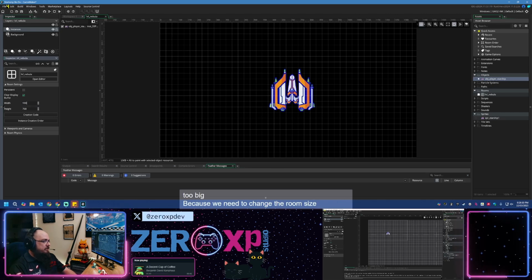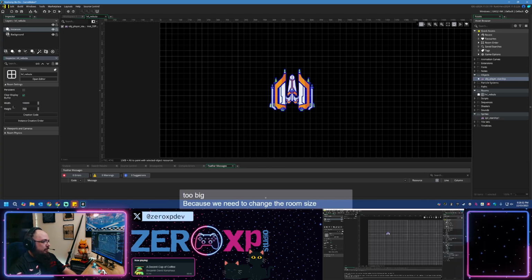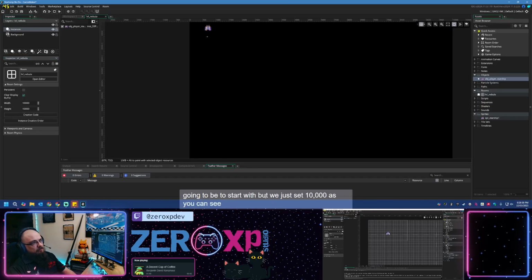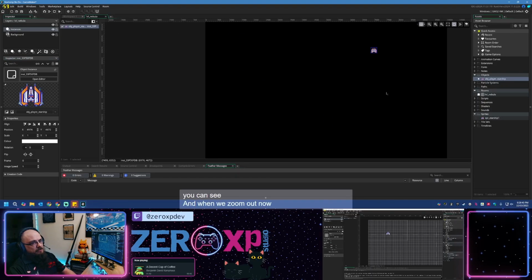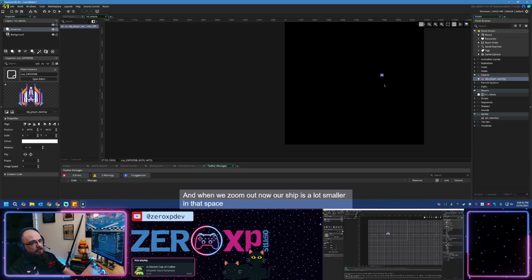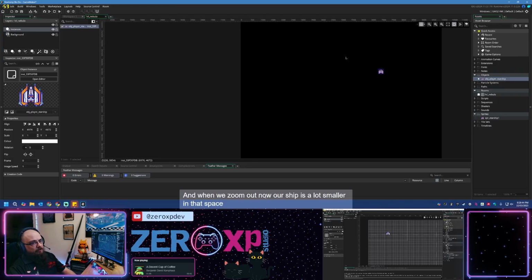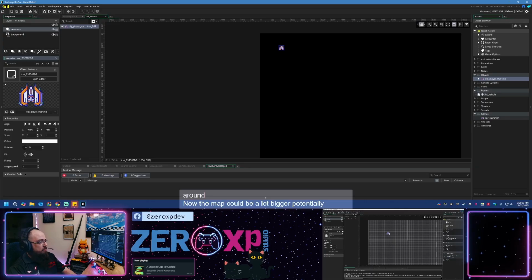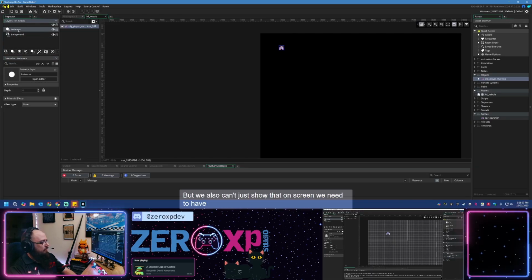Now, we're not 100% sure what our room size is going to be to start with, but we just set 10,000, as you can see. And when we zoom out, now our ship is a lot smaller in that space and gives us a lot more room to actually move around. Now, the map could be a lot bigger, potentially, but we also can't just show that on screen. We need to have a view of it